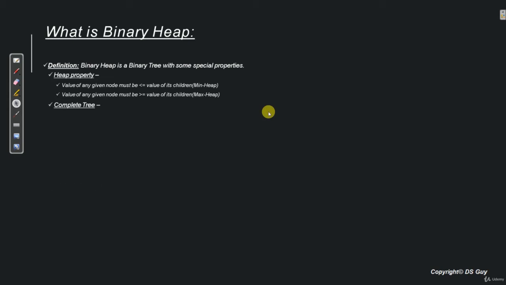The second property of a binary heap is that it is a complete tree. Now what do we mean when we say complete tree? It means all levels are completely filled except possibly the last level, and the last level has all keys as left as possible.